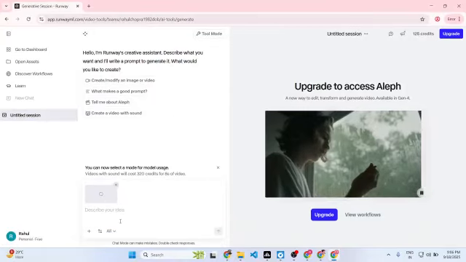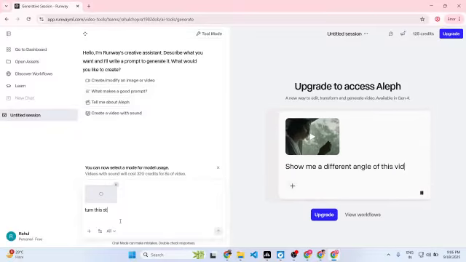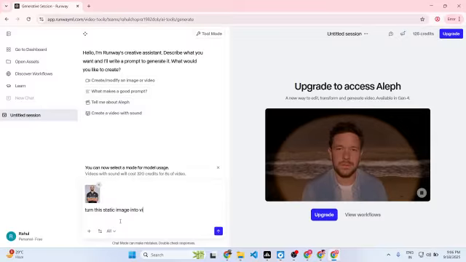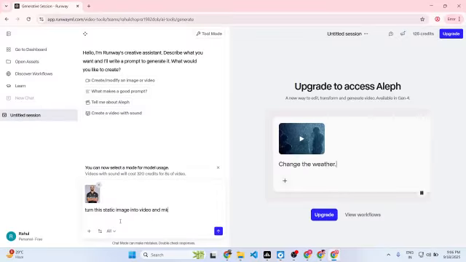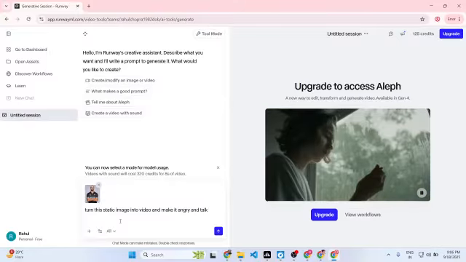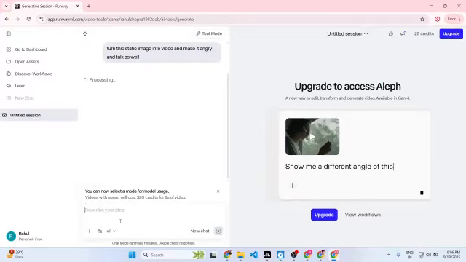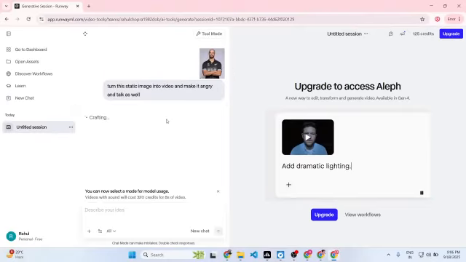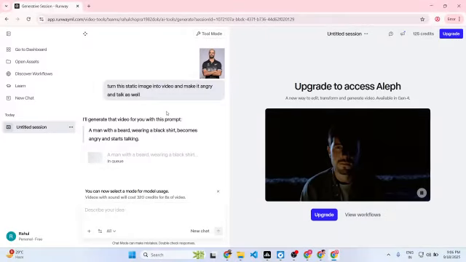I can simply turn this static image into video, make it angry, and make it talk as well. Now you simply attach the image and use this Act-Two, and it will generate